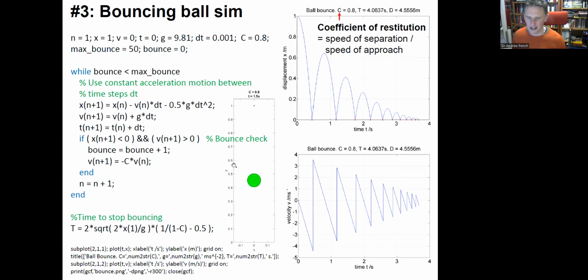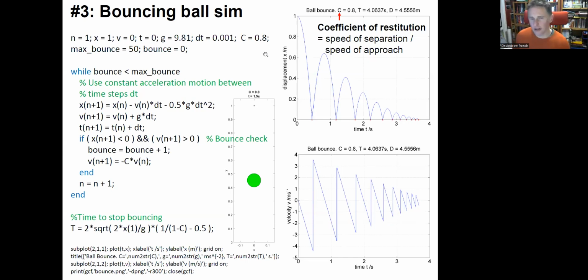So what we're going to do is define x as the distance that goes up here. Ignore the x and the y; the x here is the height of my ball. So t is time, v is velocity, and I've assigned letters to these, just like you do for algebra. I've got g is 9.81, and my time interval dt is 0.01 seconds, so everything's in standard units. My coefficient of restitution, the speed of separation over the speed of approach, is 0.8. So I've assigned things just like you would see in algebra.